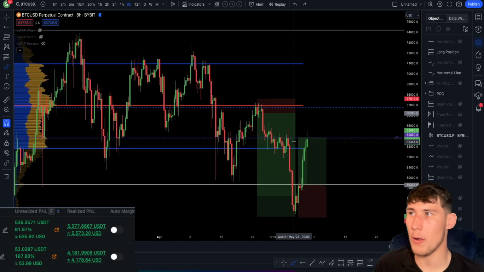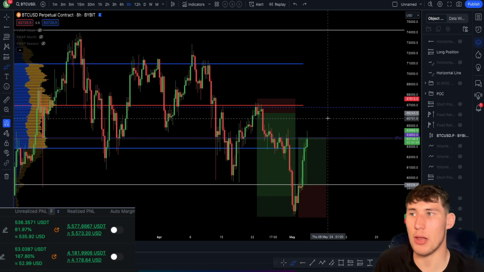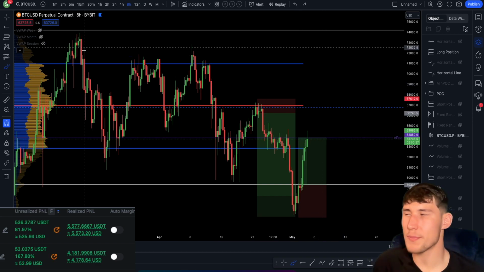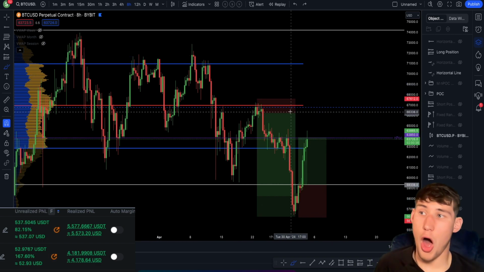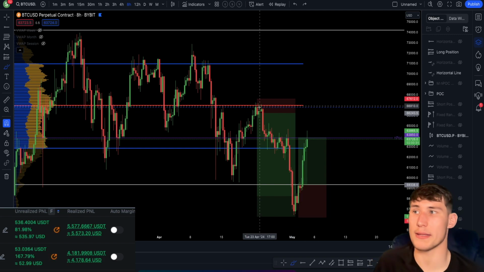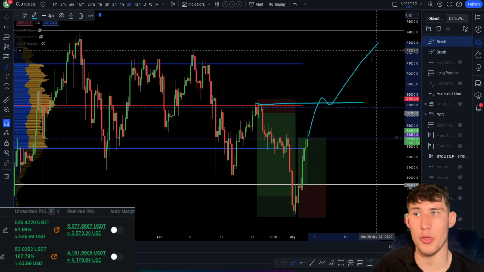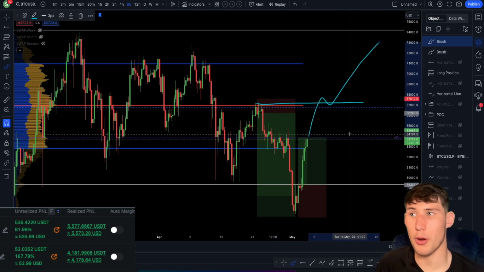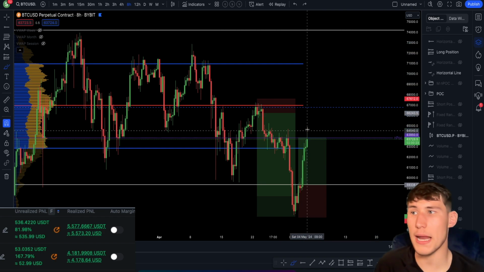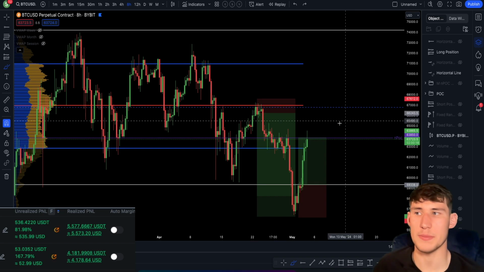But for right now, I still sit in my bearish sentiment, right? I still have this bearish sentiment just because we're in this bearish market structure. I will, however, flip that bearish sentiment into more of a bullish sentiment if we can break this high right here, and I will continue to ride the long that I am in to higher prices, right? I am more than happy to do that. But until we do that, I am going to remain in this bearish sentiment.